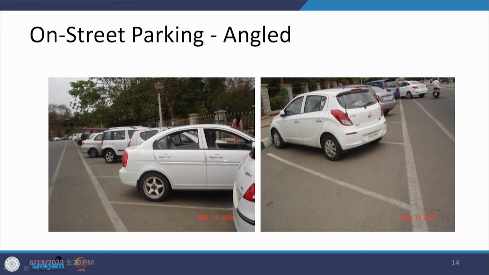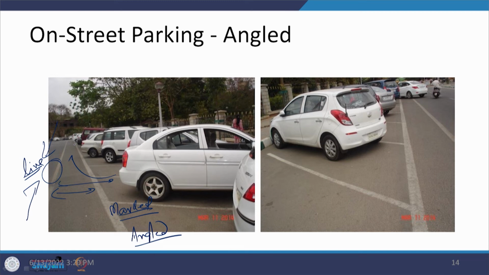Here in this case, another important thing which you can see is this line or a strip being provided at a distance away from the marked locations. So, these are the marked locations for the parking of vehicles, and that is an angled parking. Why it is being provided is that the vehicles which are moving will be moving away from this line, and therefore, there is a gap, and when this vehicle comes out, there is less possibility of any hazardous interaction. So, this is one thing.